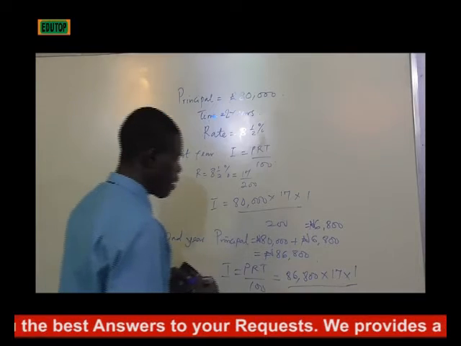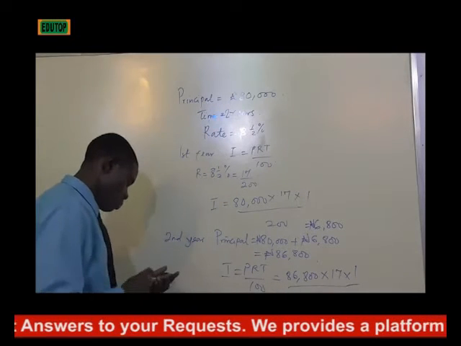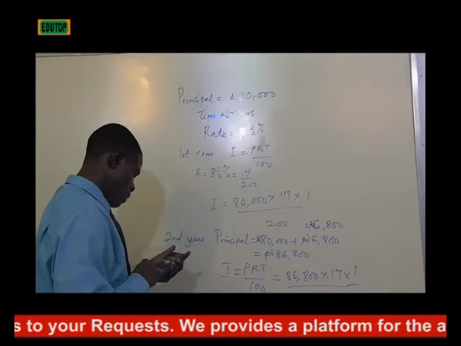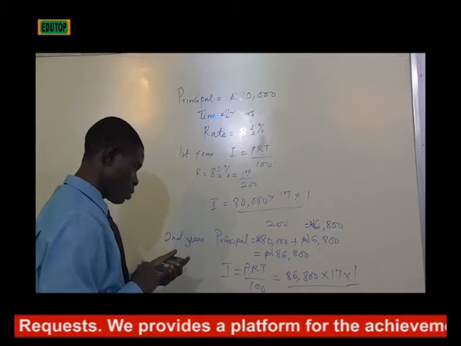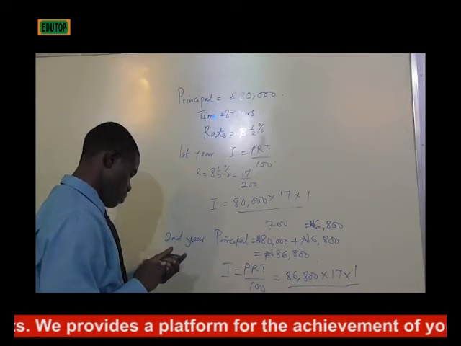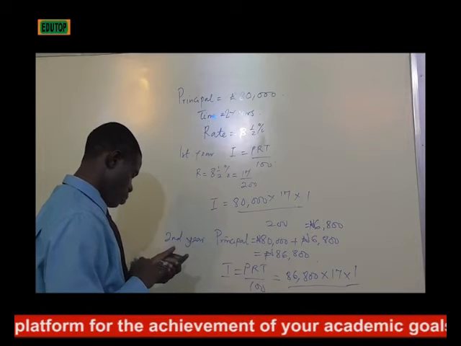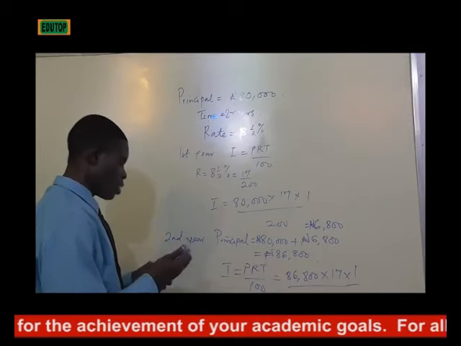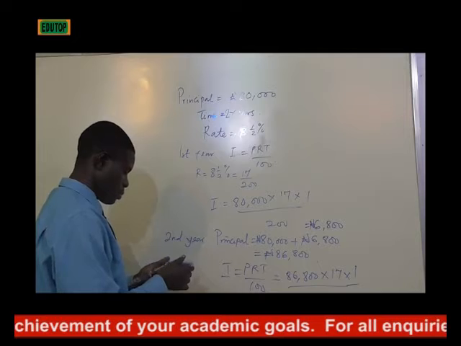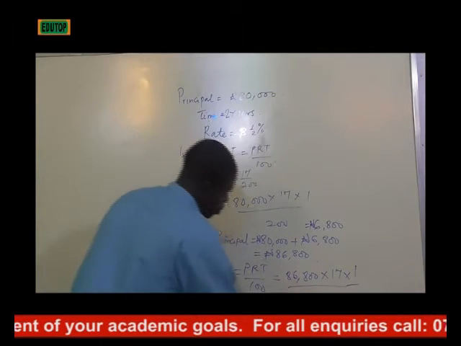Then here we have 86,800 multiplied by 17 divided by 200. That gives,